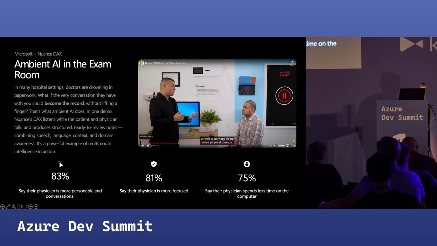You're having a conversation. And what this product does, what Nuance does, is it's sitting on the wall or somewhere in the room, kind of like an Alexa type situation. It's listening to that conversation. It's providing transcripts in real time. But more than that, it's actually using AI to immediately bring out the actionable information and to set aside the chit-chat.